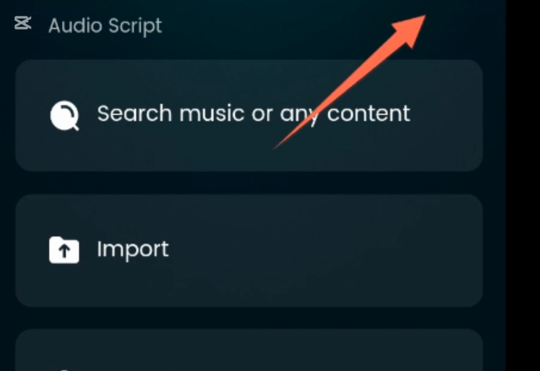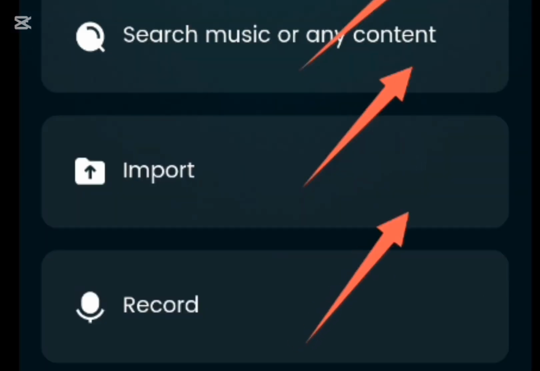In the case where you want your image to sing, you can search for any music that's already in the library and use it. Or you want to import maybe an audio you have recorded somewhere in another platform, or a music you want to import, or you want to use your voice to record. In this case, maybe you want to use a music and you want to sing. You are the one that wants to sing that song. You click on record and record the song.